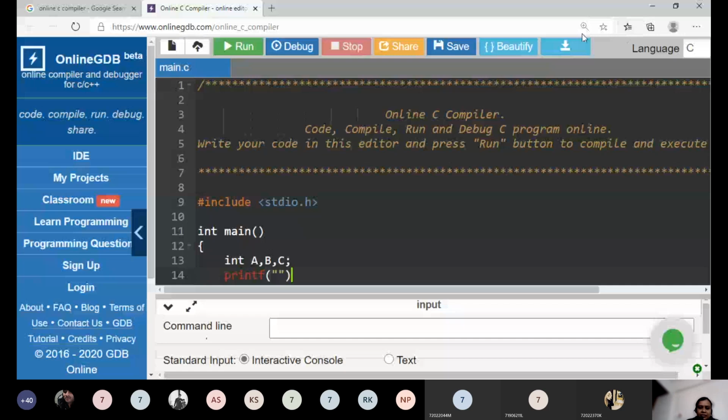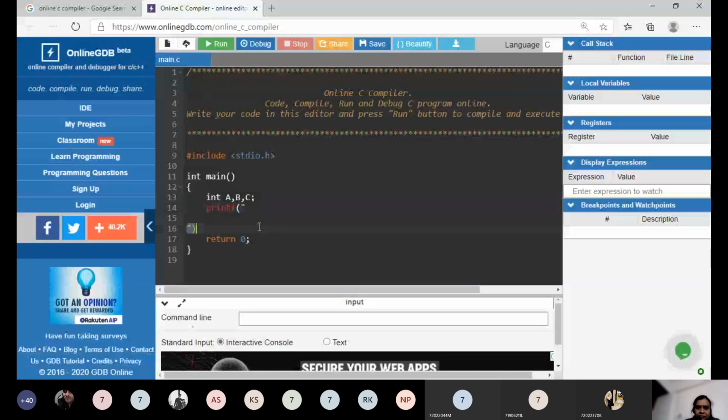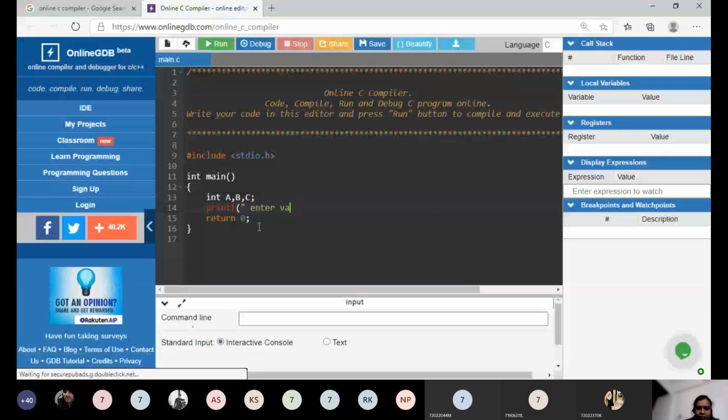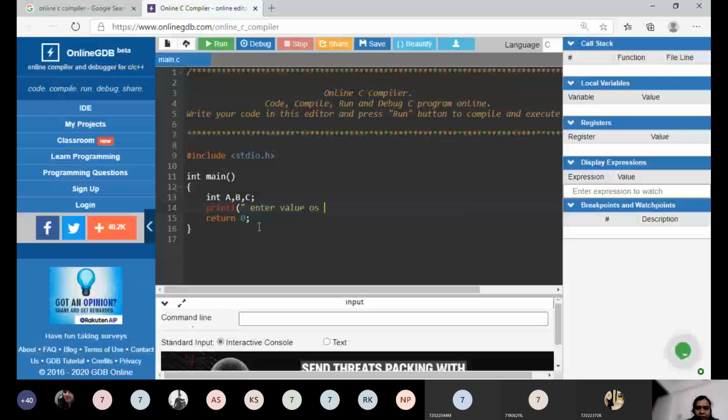Write a command printf. Enter value of a.